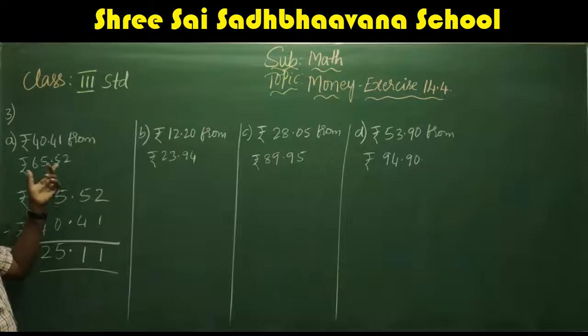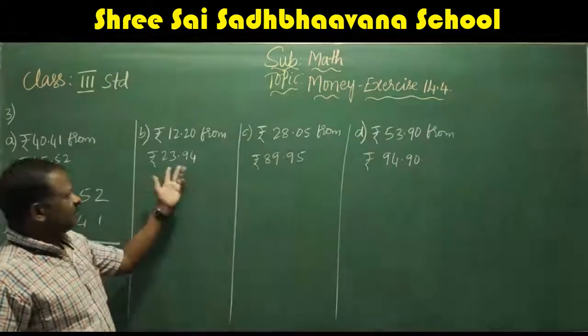This is very easy. Write down which is given from, or which is the bigger one, in the top, and below that you write down the other number. Subtract. 2 minus 1, 1. 5 minus 4, 1. 5 minus 0, 5. 6 minus 4, 2.